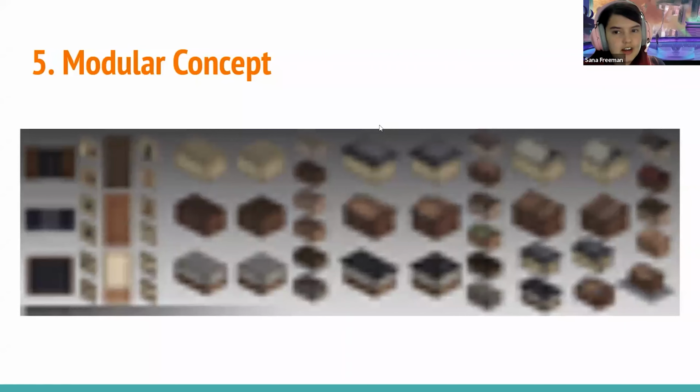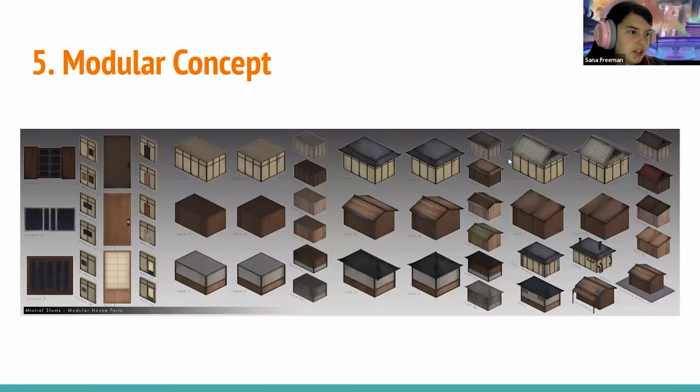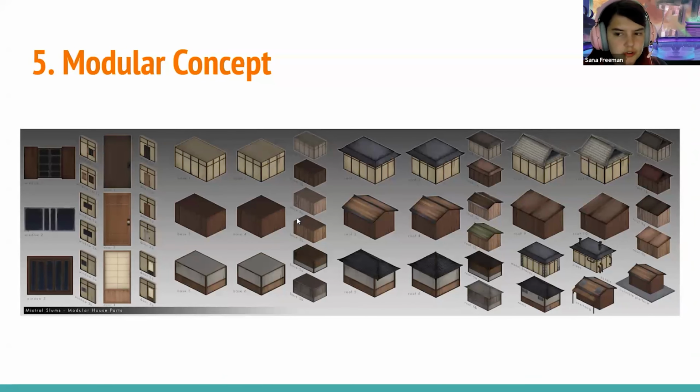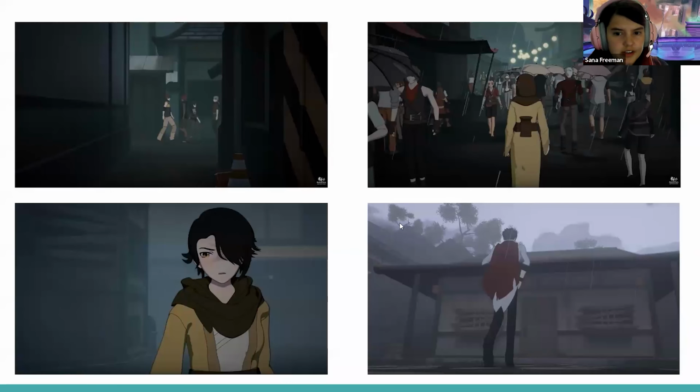And the last thing is just doing modular concept art. This one's the most obvious to environment artists. Environment artists love modular because it saves so much time. I don't often do this, weirdly enough, but most environments I do are designed with some modularity in mind. It can lack specifics for what you're trying to tell your story with, but you can still tell a culture through all this, right? About what's going on with this world. And it's a high upfront cost, but you can use it a lot.